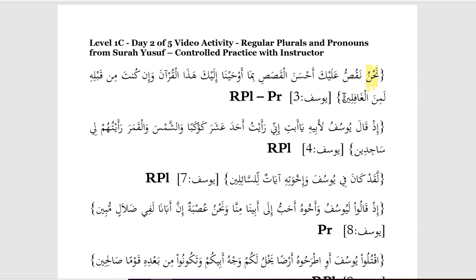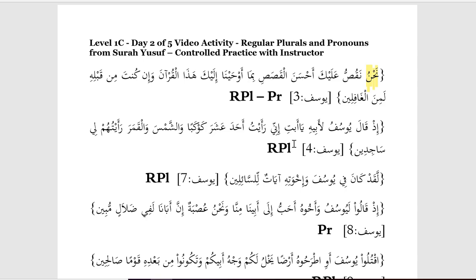Now, I would like you, as an extra step, to look up that word ghafala in the dictionary. Remember, our fa'il form means a doer of that action. So if you find ghafala, then you'll know that ghafil is a doer of what ghafala means. Ghafala means to be heedless, to be unaware, or to not be paying attention. So ghafil would be someone who is heedless, inattentive, someone who does not pay attention. So those are the two things that we were looking for: our pronoun, our dhamir, which is nahnu, and our regular plural, which is al-ghafilin, which has the ya and the noon because it's on the fa'il form.